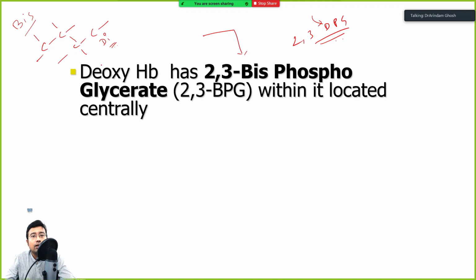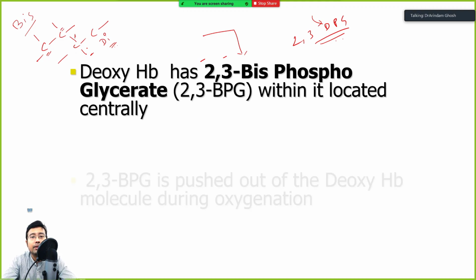So over here, the name says 2,3, which means one phosphate is attached to carbon 2 and one phosphate is attached to carbon 3. So it is 2,3-bisphosphoglycerate. In case of ATP, all the phosphates are attached to a single carbon, so it is adenosine diphosphate, right? So the name is 2,3-BPG. There is no confusion. 2,3-DPG is simply wrong.